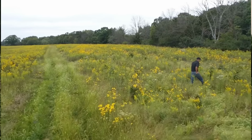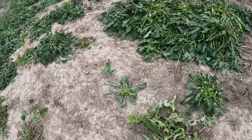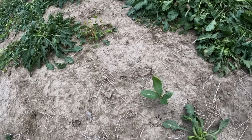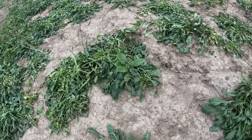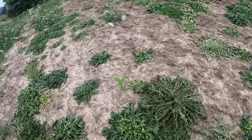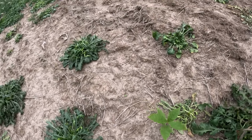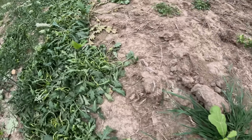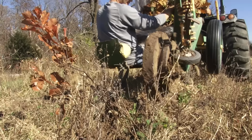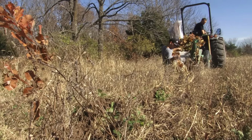It's a pretty cool practice, pretty labor intensive, but yeah, I recommend it now to anybody that is looking for creating habitat. I like planting acorns better than planting the trees themselves, because I feel like you can put out so many acorns that you can swamp the deer and they just don't get ahead of it and wipe them out like they would if you go through planting seedlings with a row planter. So anyway, getting back to our conversation,